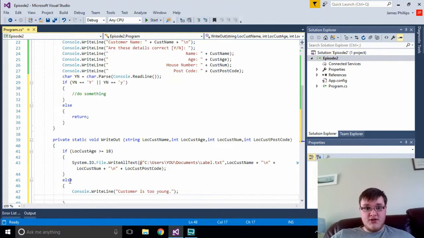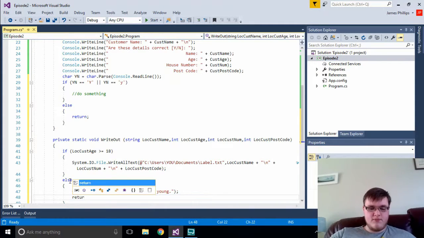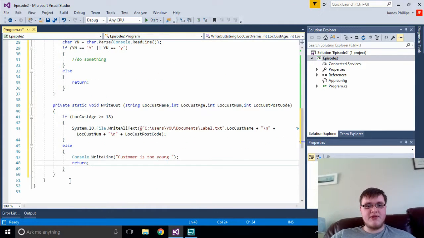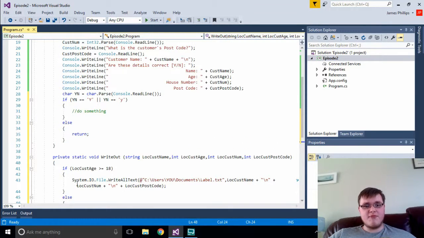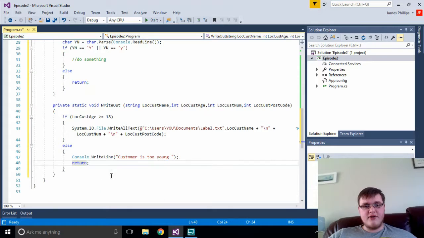And then we don't want them to do anything, we don't want to save a file or anything like that because we're not going to be sending them the alcohol. So, return. Simple as that. We have here a fairly full program, but the problem is we have this function here